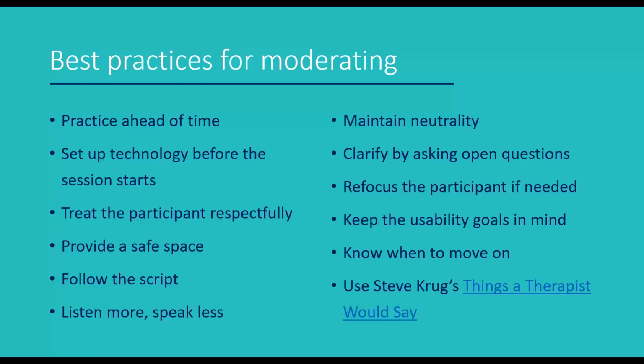Clarify by asking open questions. So follow up if you're not sure about something the participant says. So if they say like, I don't get this, or I'm confused by this, confirm what they're actually confused by or what they mean by saying, I don't get this. Refocus the participant if necessary. So if they wander away from the task, which happens more than you might think, a great way to refocus them is to ask them why